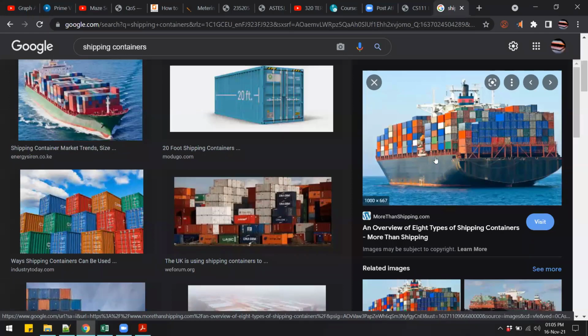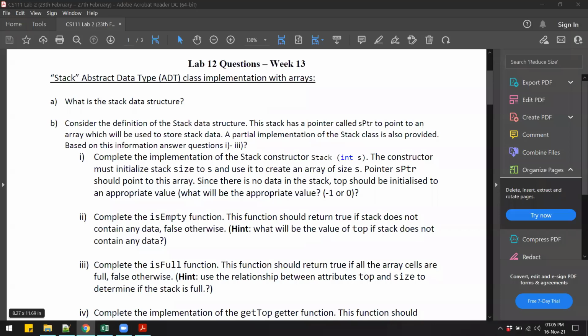The other example is the containers on a ship. So this is an example of a stack. Unless you remove the container that is on top, you cannot access the ones at the bottom, right? So it has to go from the top, and when you are adding, you again put on the top. That is an example of a stack, and there are many others that you might have seen.